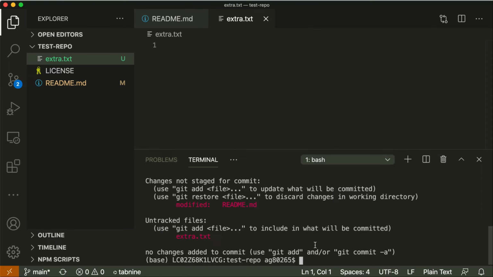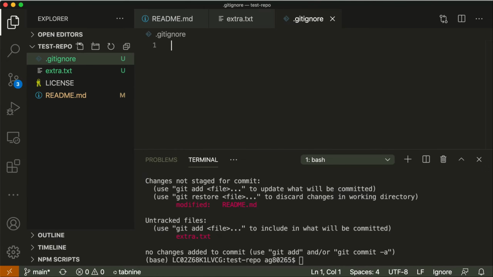So to avoid tracking this file, we need to create one more file named .gitignore and we have to add extra.txt in this file. Now if you run git status, you won't see extra.txt in this. It means Git doesn't track changes in the extra.txt file. So whatever files you want to ignore from Git tracking, you can include the names of those files in the gitignore file.